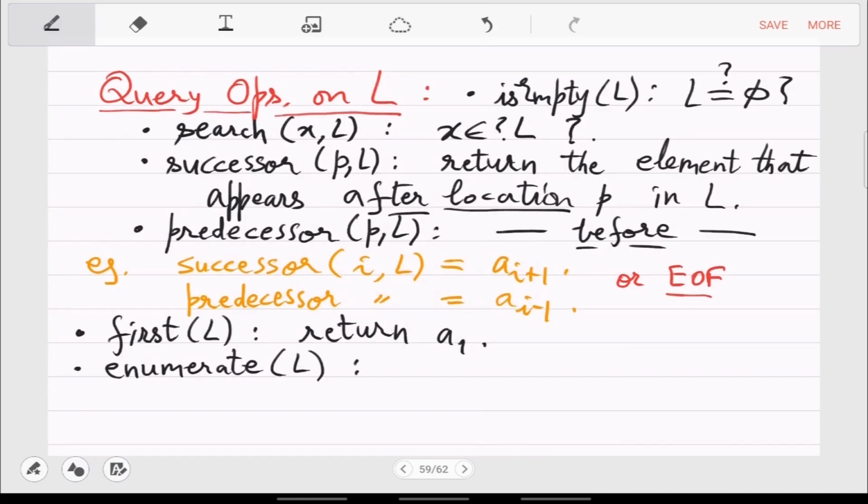So enumerate list will print all the elements. Okay, any questions? So this is what modeling will do. It defines the data structure, the data format, and it specifies the things that you can do with that format.